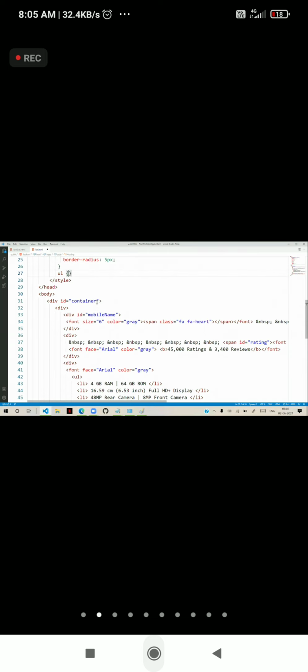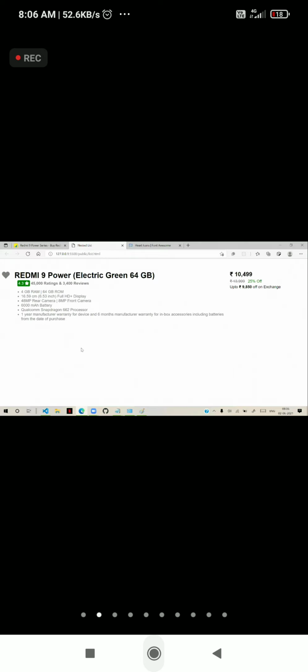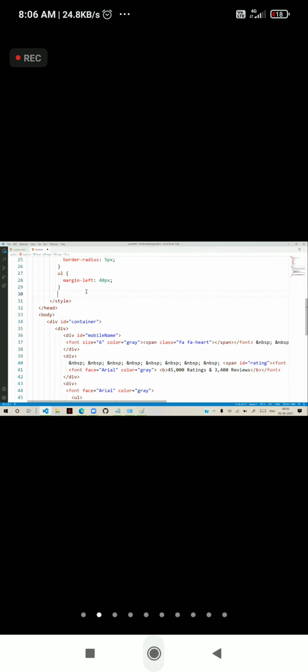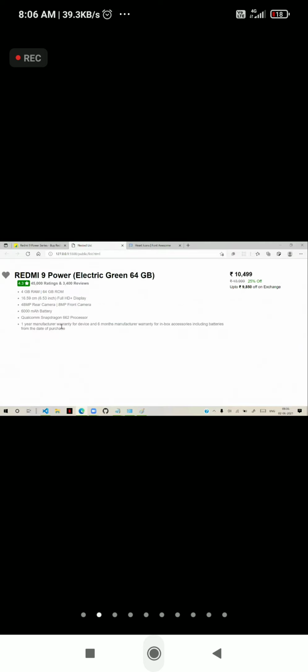We say margin left as some 40 pixel, and it will change the margin left like this. And for the list items, wherever list items are there, we can keep margin bottom as some 8 pixels, and some space between those list items will come. That's how we are going to display the content and configure.